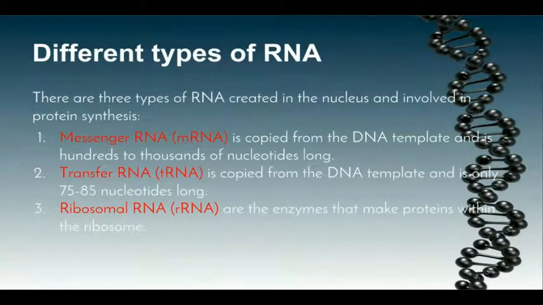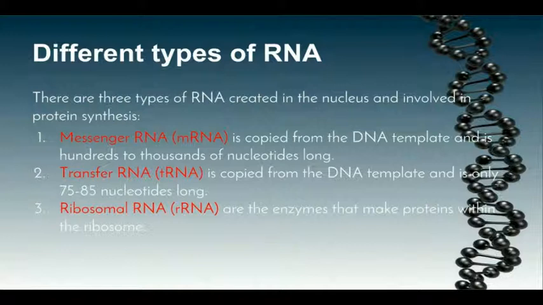So we have three different types of RNA that we need to know about. In particular, we need to know specifically about mRNA and tRNA. So mRNA, M standing for messenger, is copied straight from the DNA template and can be up to hundreds to thousands of nucleotides long. So we use the DNA in the nucleus as a template that is then transcribed into